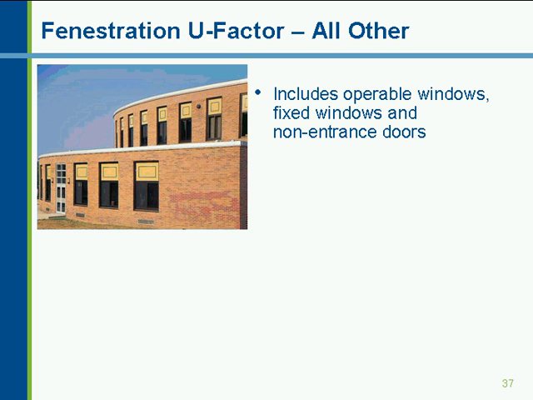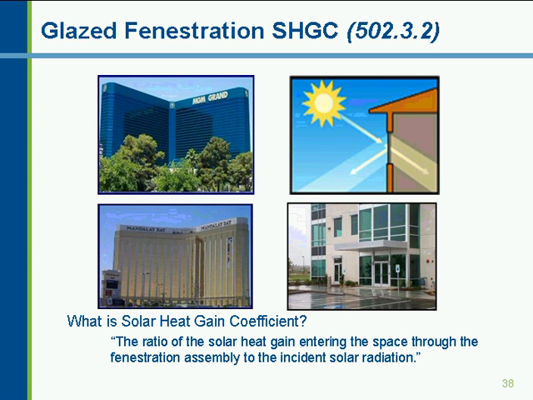There's no distinction on that. When we looked at, I briefly described solar heat gain coefficient. So just to give you an example of some of the different types of solar heat gain coefficient, the upper right-hand corner, the MGM Grand, has an SHGC of about 0.14, as roughly as we can calculate. So that actually blocks 86% of the solar gain from